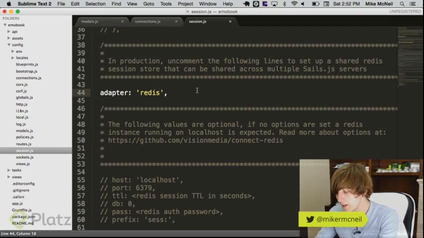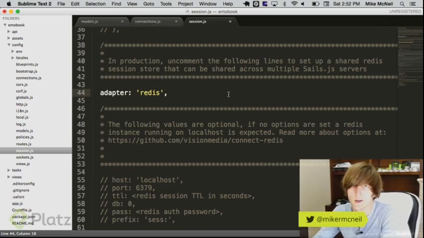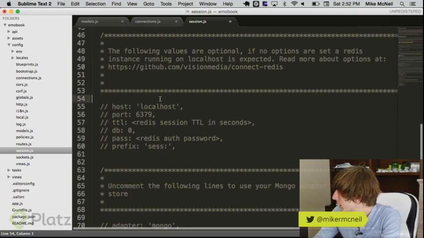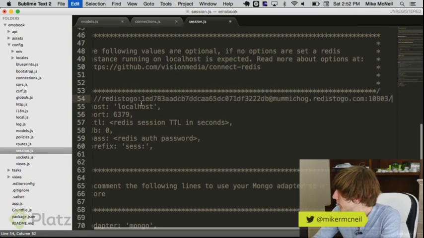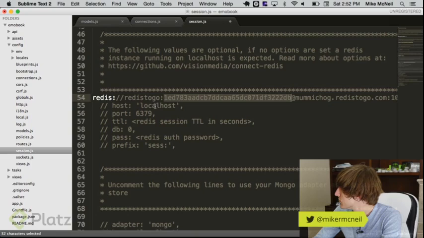But the thing is, there's actually at least 20 of these things out there already for Connect, which is kind of this low-level thing. And so we decided, what the heck, let's use those. So if I go in here, I will paste my little thing that I got from before. This doesn't support the URL, unfortunately, so I'm going to have to take it and break it apart